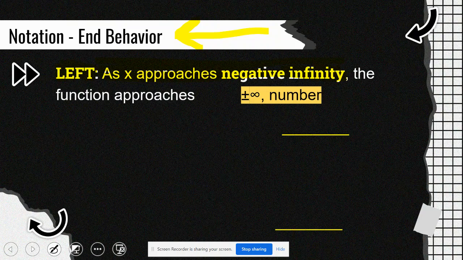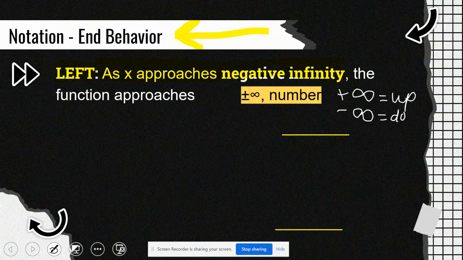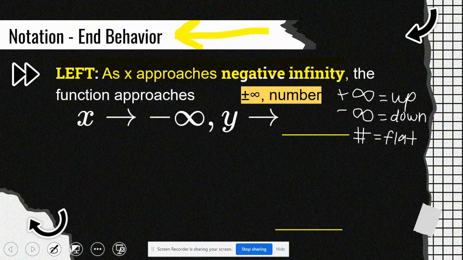We have the option of positive infinity, which means our graph is pointing up. We have the possibility of our function going towards negative infinity. That means our graph is pointing down. And we can have our graph approaching a number if it's kind of flattening out, if our graph is getting flat. And the notation that accompanies this is x arrow negative infinity, y arrow, and then we essentially fill in